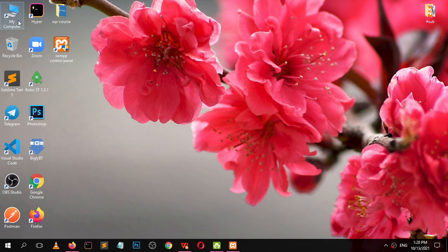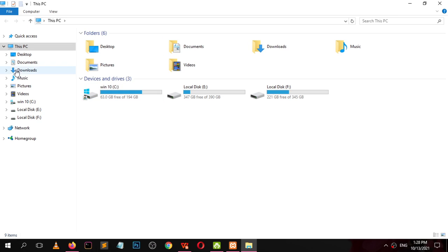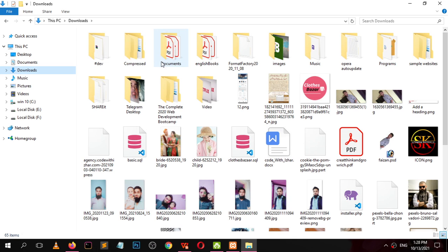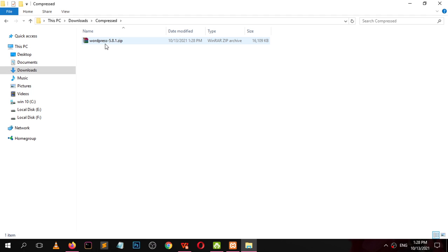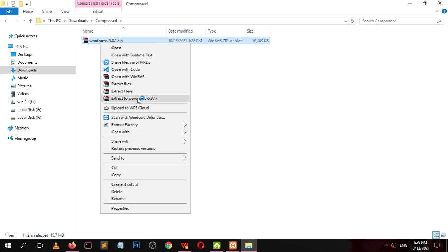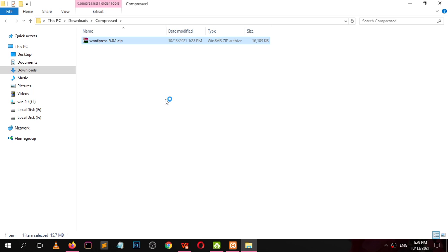Now go to your download directory. Select this WordPress zip archive and extract to WordPress 5.8.1.